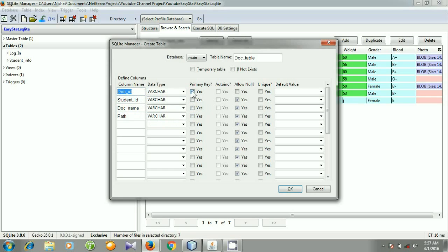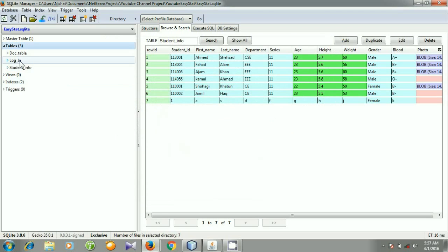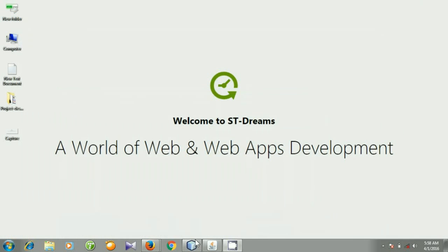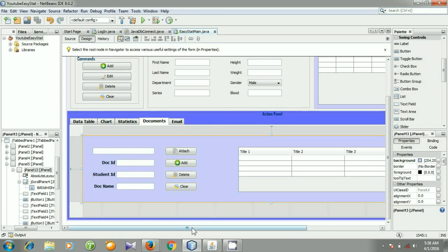If you do not make it primary key, no problem. Click OK. Yes, and you see this is our document table, and there is no entry for this table, so initially it is null, whatever. So I have created a document table.